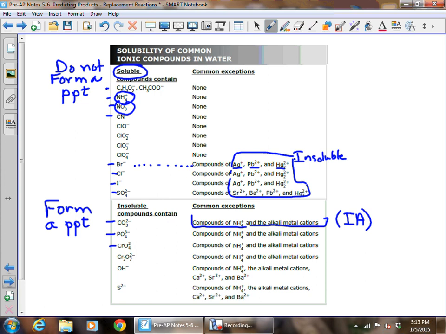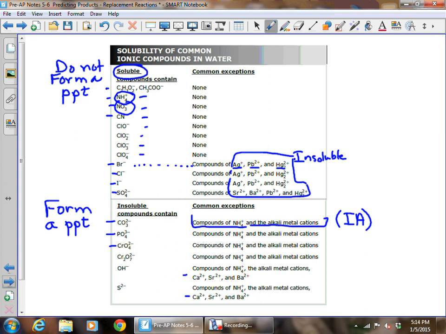Those are going to be exceptions every time. Now there are a few other exceptions for hydroxide, for instance, and sulfide. But for our beginning ones, the only exceptions are ammonium and our elements in group 1A. So we can say then that the soluble ones are always going to be anything with ammonium, nitrate, cyanide,